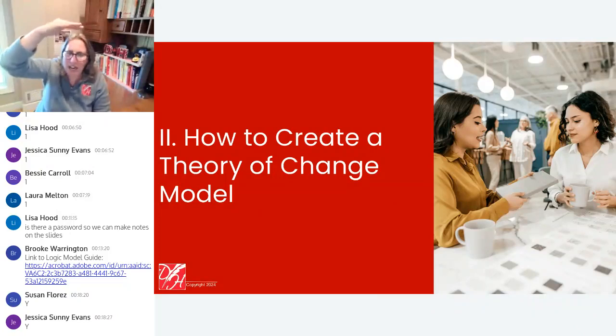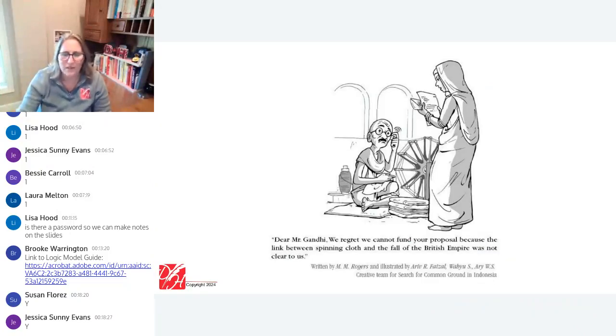Very, very high level. The type of high level that we're talking about, well, we'll describe it in a moment, it's helping to make high-level connections. If we do this, we get what? So this cartoon is about theory of change.